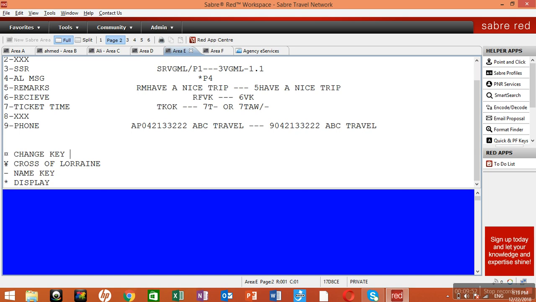Okay, now the purpose. I'll show you for what purpose we use the change key. As the name suggests itself, you can delete information, any information like your SSR, OSI, anything which you don't want in your PNR, you want to remove, you can use change key. Delete information and